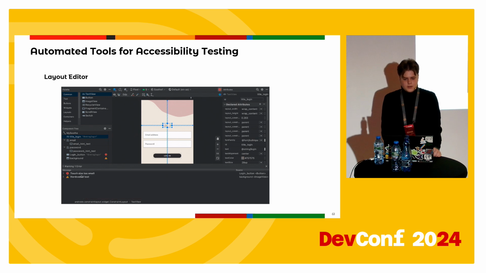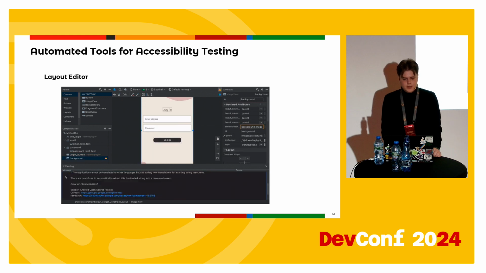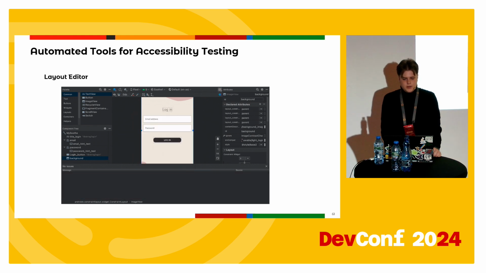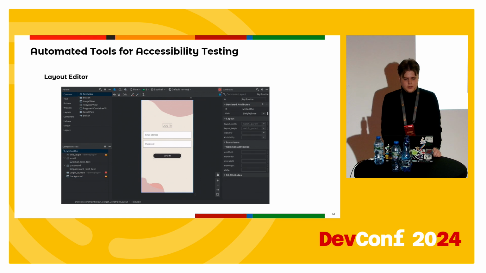The Android accessibility test framework is integrated in Android Studio to help you find accessibility issues in layouts. The IDE itself will tell you which element has what problem. It will even give you a link to the documentation.